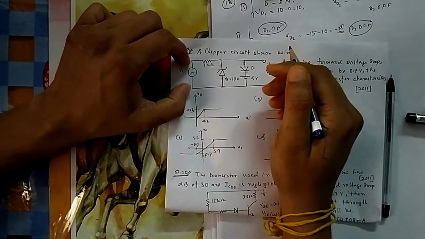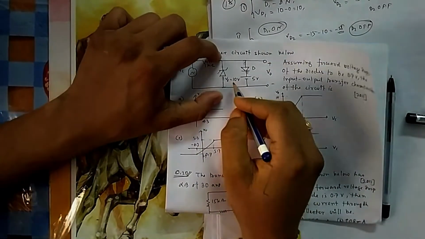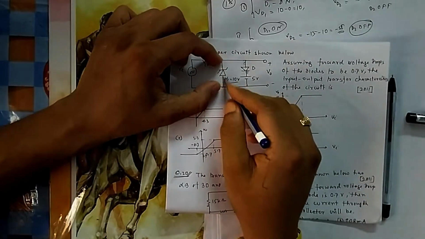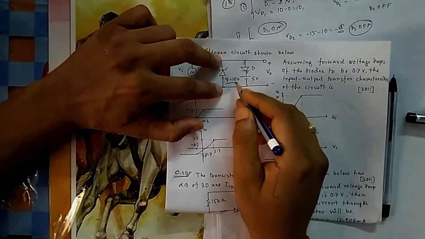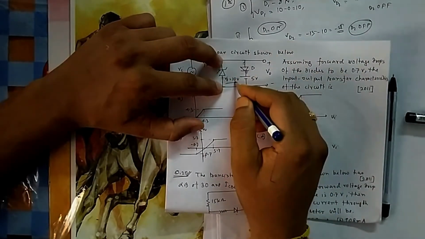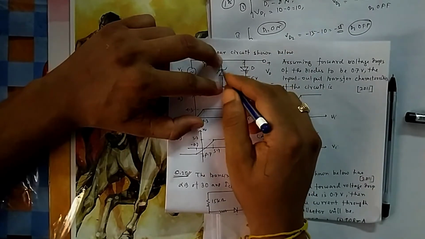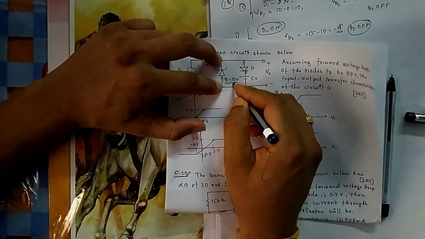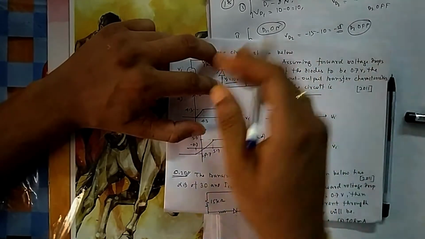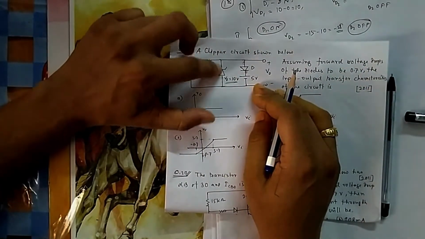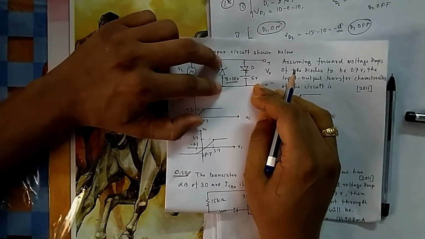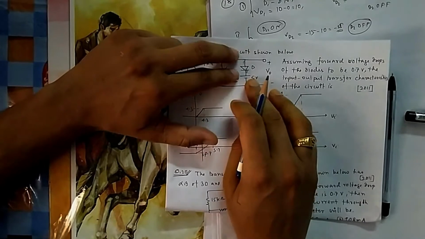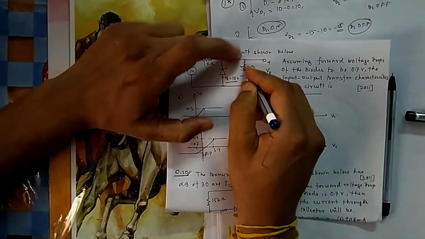Now if I go for the positive half cycle, this Zener breakdown voltage is 10. This voltage will come as a reverse voltage across here, because this will be plus, this will be minus. So if the reverse voltage crosses 10 volt, then this breakdown will occur and this will remain at 10 volt. This is given as 10 volt, meaning reverse breakdown will occur at 10 volt and it will remain at 10 volt. If it crosses 10 volt, then the output will remain at 10 volt because breakdown will occur here. Suppose it is positive but not crossing 10 volt; see here, this is 5 and this is your input.